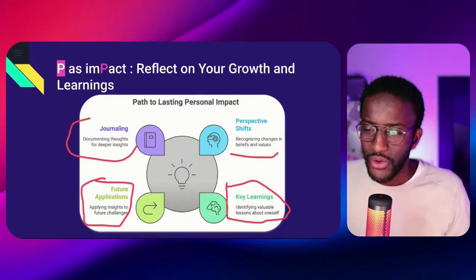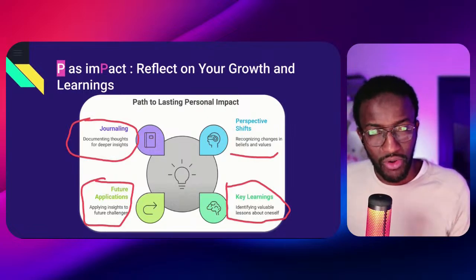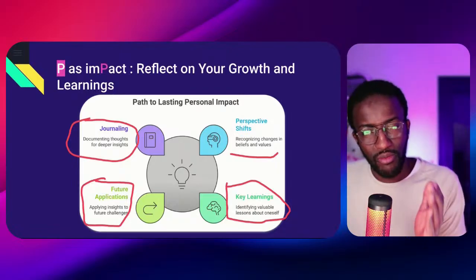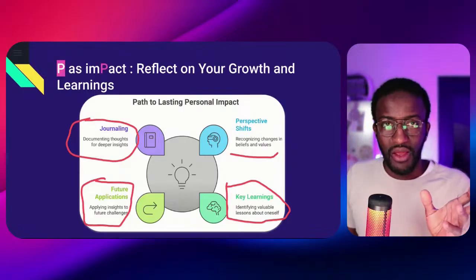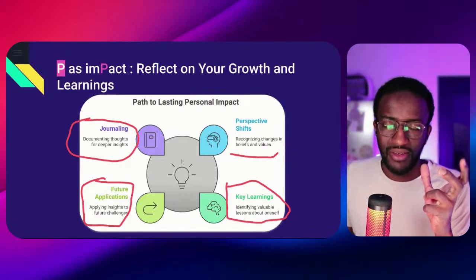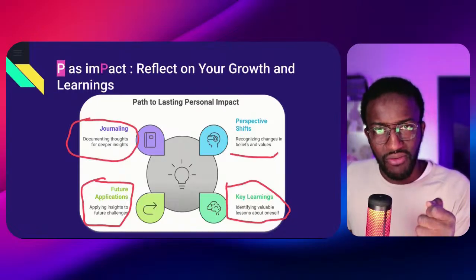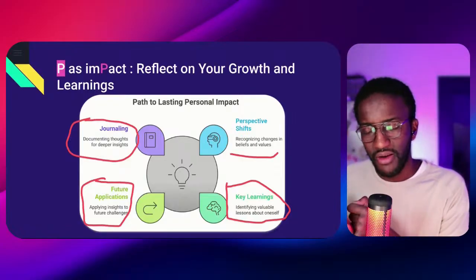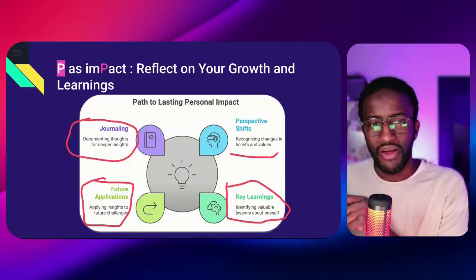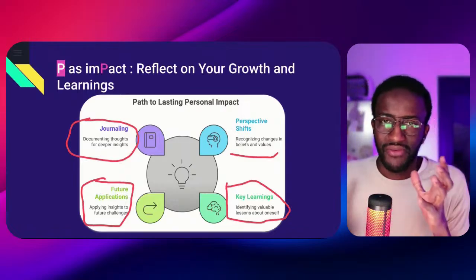And what is important also is keeping track of your progress. As I said earlier, keeping track of where you are. The transformation is important, but if you don't have a snapshot of before and after, it's really sometimes difficult to visualize the transformation. So journaling can be a very good exercise, so that at the beginning of your self-reflection, you have some things that you wanted to do, and then at the end you have kind of